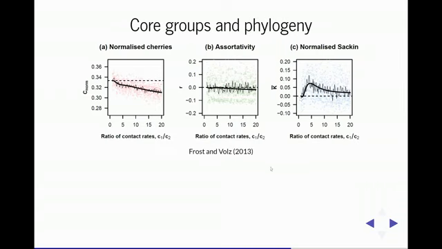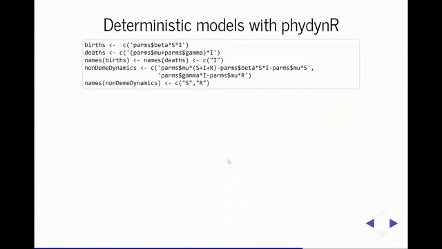So there's signal in the phylogeny that can tell us about things like heterogeneity, even if we can't actually assign individuals to being in a core group or not. So that requires quite a lot of painstaking bookkeeping to do, but in terms of just generating a phylogeny, it's quite straightforward. If we take Eric Volz's package in R, this is for just an SIR type model,